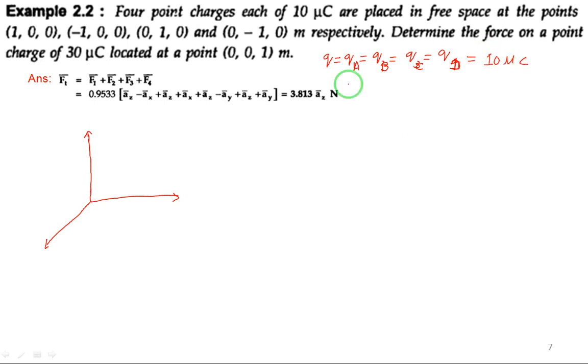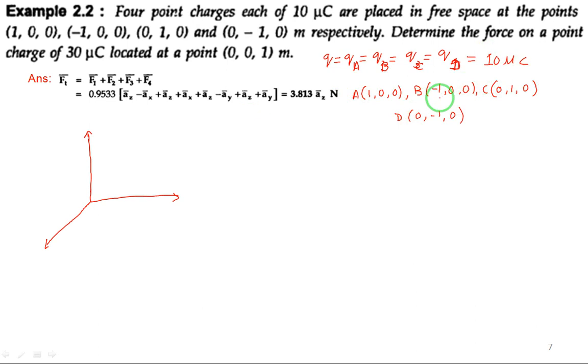The 4 point charges are placed at the points. First, QA is placed at point A of 1, 0, 0. Another charge QB is placed at point B of minus 1, 0, 0. They have not given any naming, so I am taking the help of naming. QC is located at C of 0, 1, 0, and QD is located at point D of 0, minus 1, 0, respectively. A, B, C, D are the locations.